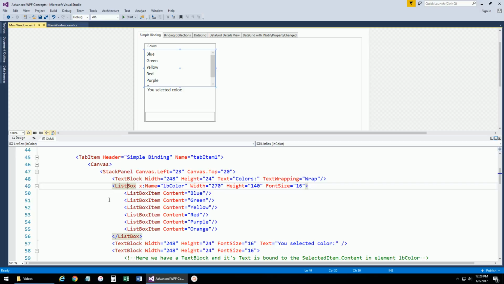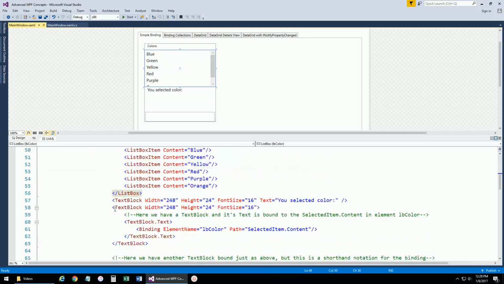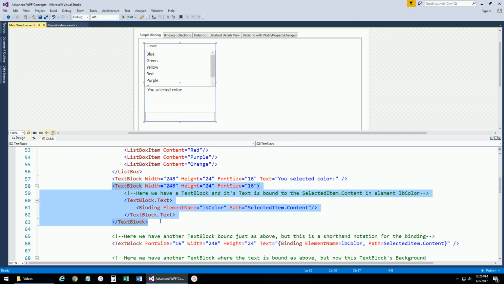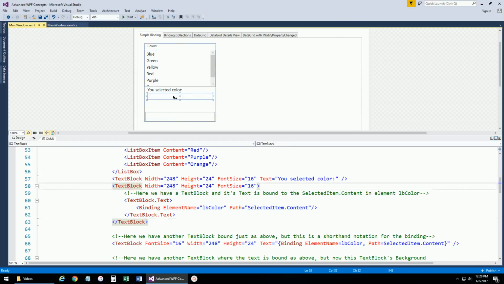So now we have these different labels down here, and the idea is we want to bind the selected item's text here to the content of these labels. And so here's the first way we can do that. That's with this code right here. And so here's our text block, and this could be a label also. I chose to use a text block. They're really similar, other than text block gives you the ability to add in text wrapping, but it works just like a label. And so what I've done here is I've said, okay, the TextBlock.Text property, which is what these two tags do for you,